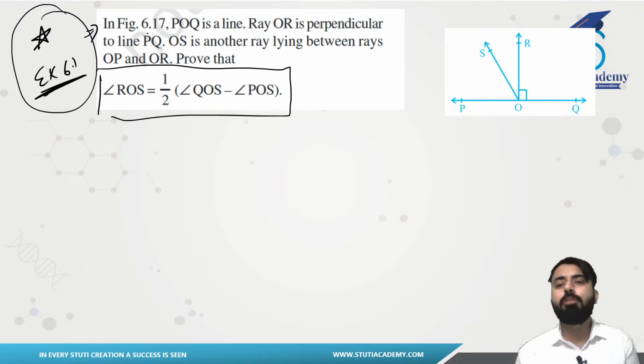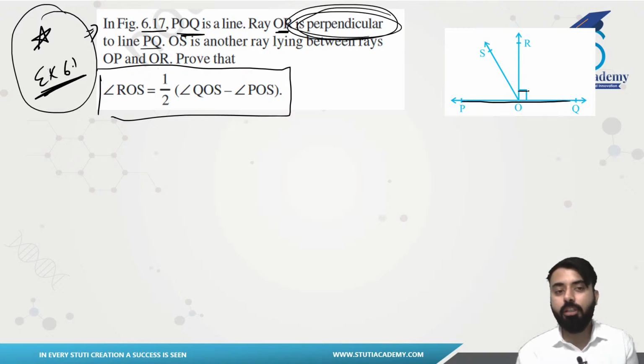We have been given, in figure 6.17, POQ is a line. The OR, which is this one, is perpendicular to line PQ. Now you guys know, if the ray is perpendicular, that means we are talking about a 90 degrees angle, right? OS is another ray lying between rays OP and OR. We have to prove that angle ROS, that means this angle, is the same as